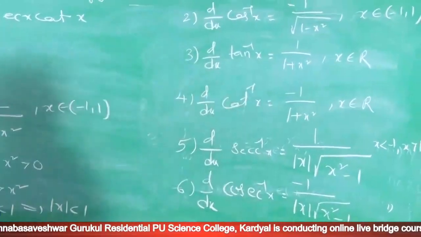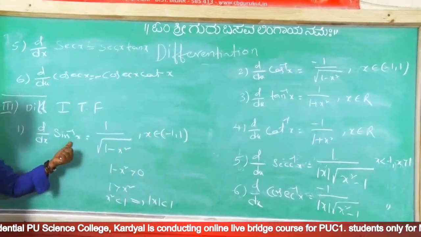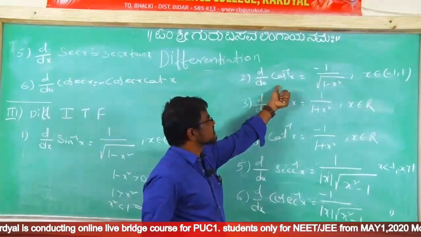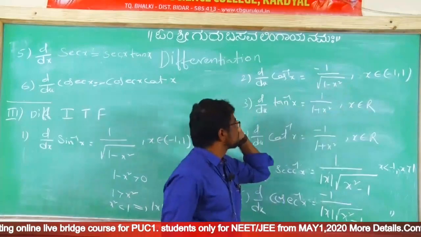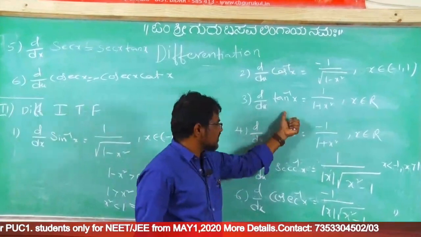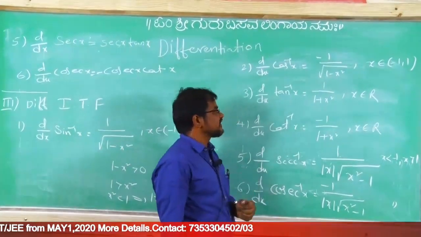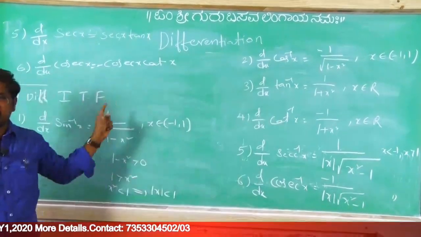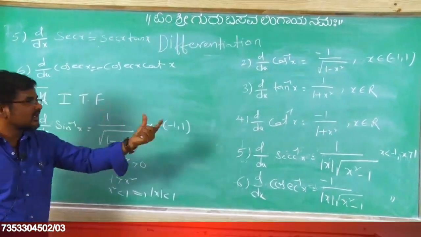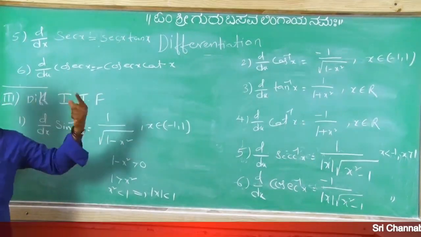See, differentiation of inverse trigonometric functions is defined as: d by dx of sin inverse x equal to 1 by root of 1 minus x square, and the differentiation of cos inverse x equal to minus 1 by root of 1 minus x square, d by dx of tan inverse x equal to 1 by 1 plus x square, d by dx of cot inverse x equal to minus 1 by 1 plus x square, and secant inverse x, and this is cosecant inverse x. These are some basic formulas. There are still some hyperbolic functions and inverse hyperbolic functions, which we will discuss later. But how to apply these formulas on problems, let us see.